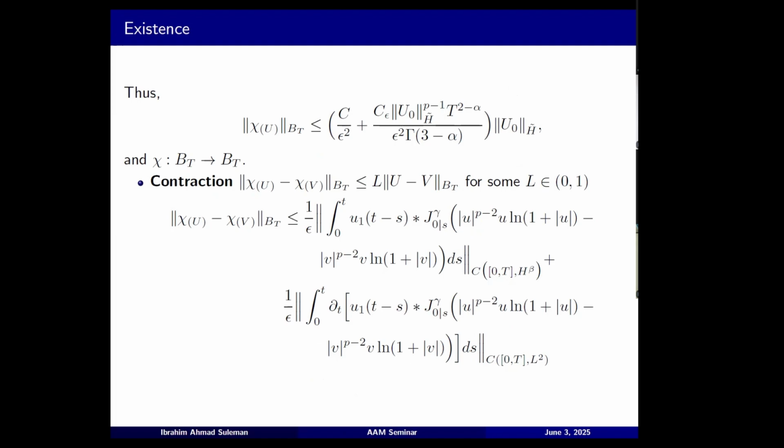So the meaning of contraction is that if you take two elements in the ball, the distance between the difference of two elements is squeezed by the function after application. So we start here as such. The first inequality is by definition, actually. The first two terms are solution of the linear term, which is unique for the same initial data, so they go. Then the nonlinear term, since it's an integral with the singular kernel and so far, you can still retain linearity. You have a term of this form.